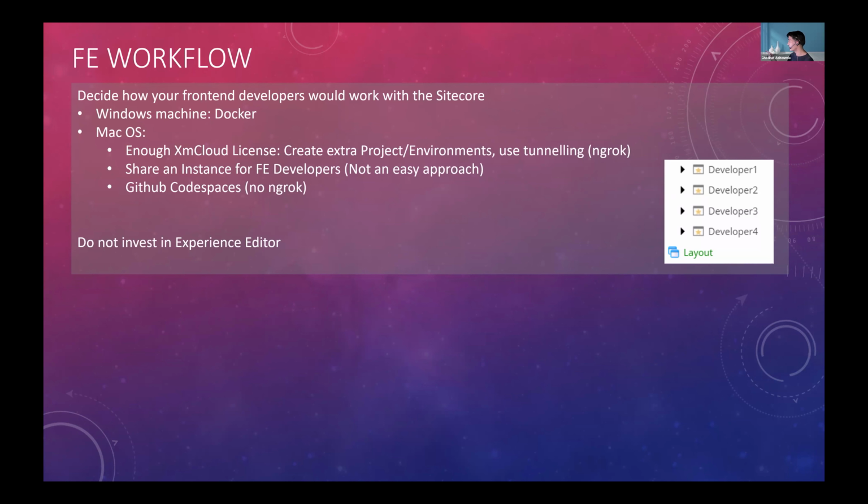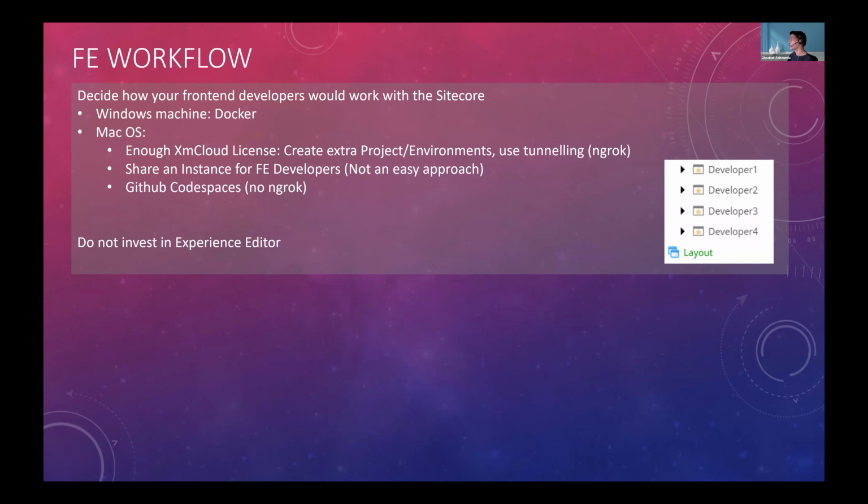For example, here on the right side, you see I have developer 1, 2, 4, and each of them has different renderings, and we use ngrok as a proxy to connect to one of these developer instances. The other option, if you don't want to use ngrok, is to use GitHub Codespaces with the same solution on the right side, with multiple sites on the single instance.